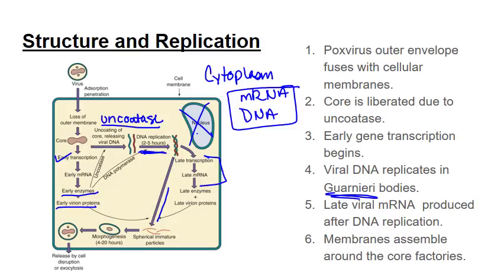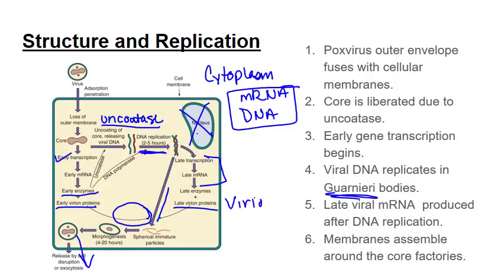All right, so you have early virion proteins and late virion proteins. And altogether, these are going to take place around the Guarnieri inclusion body. The membranes are going to assemble around the core factories, and approximately 10,000 viral particles are produced per infected cell, and different forms of viruses are released by exocytosis or upon cell lysis. But it really doesn't matter how the virus gets out of the cell, because no matter how it does it,